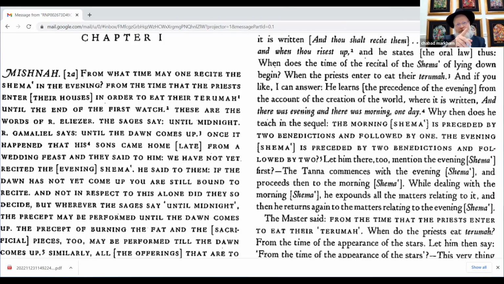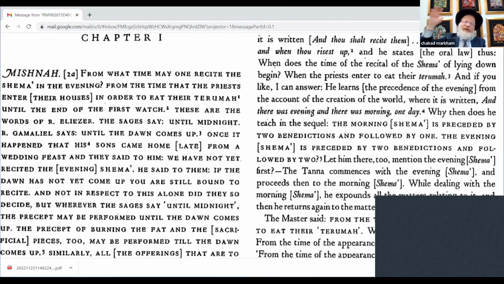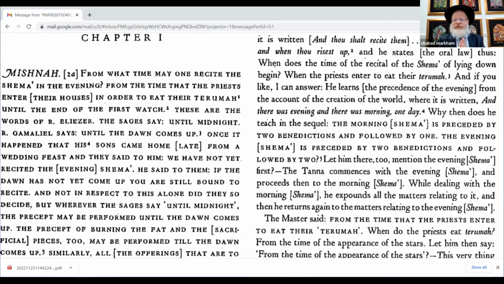Remember, we showed there are some places where Rabbi Eliezer argues with the sages, and he does miracles to prove that he's right, but they say to him, "Sorry, the Torah says majority rules, so we go according to the majority." So Rabbi Eliezer was fighting with the sages. He said until 10 o'clock, and they said until midnight. Everybody knew about that big debate. So when his sons came late after the party, they came home to Rabbi Eliezer.